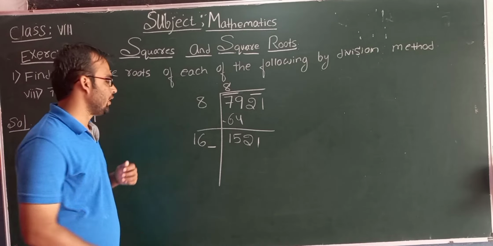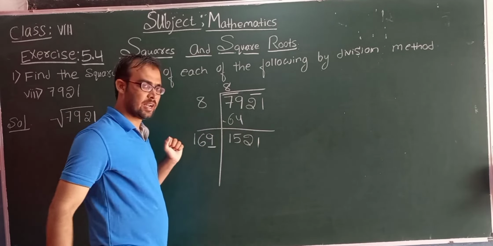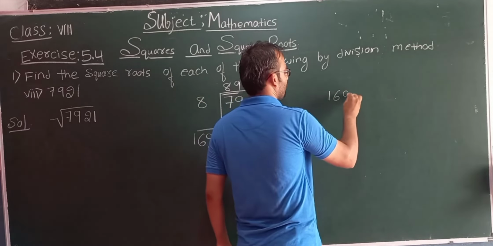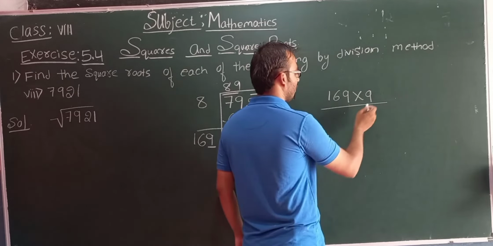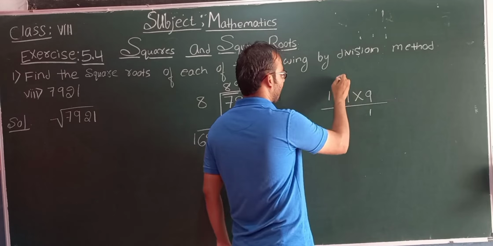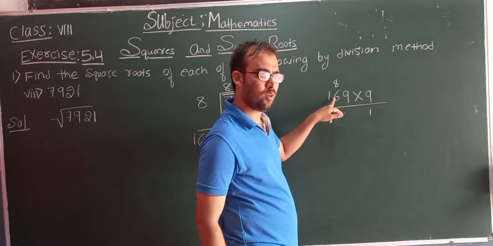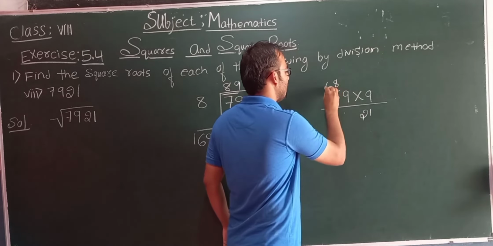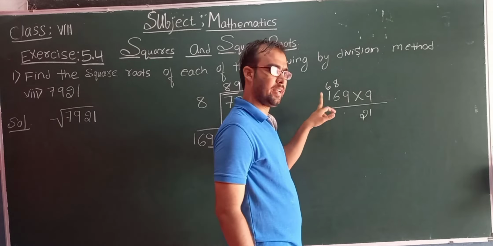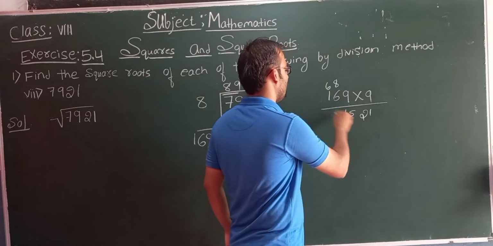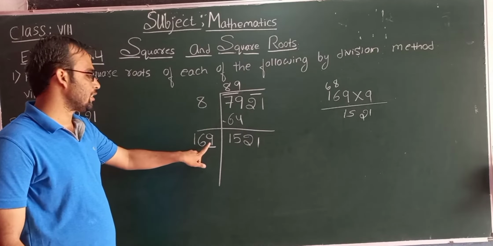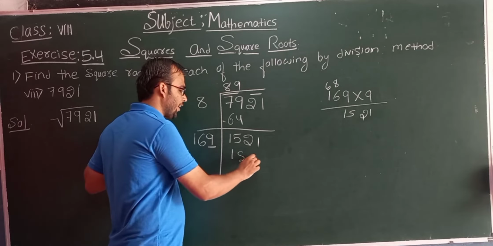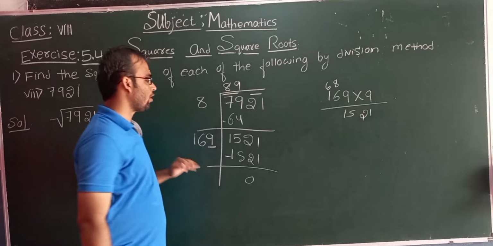Okay. So now let us fill this blank with the digit 9 and let us check whether we are getting this number or not. Okay. 9 ones are 9... 9 sixes are 54, 54 plus 8 is what? 62. Okay, so here 2, 6 carry, 9 ones are 9, 9 plus 6 is what? 15. Okay students, so look at here, when we fill this blank with 9 and multiply this number with 9, we are getting 1521.